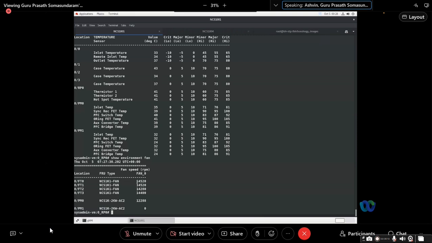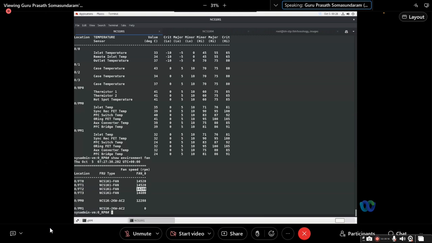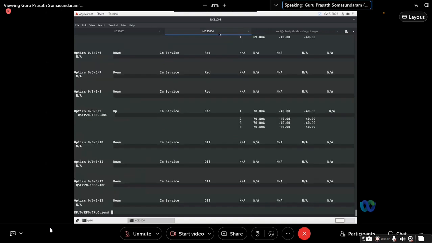So show environment fan shows the fan speed, this number, 14,000. Here it will not show any maximum or minimum. This does not show whether it is maximum or minimum. But again, if the fans are running at maximum speed, let me go to 1001, show